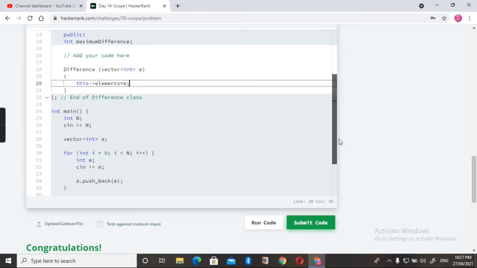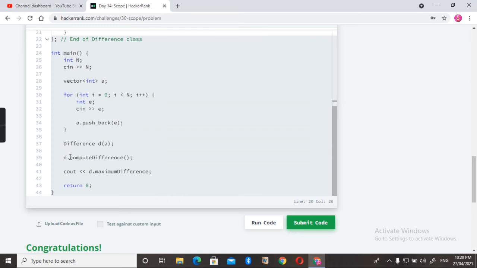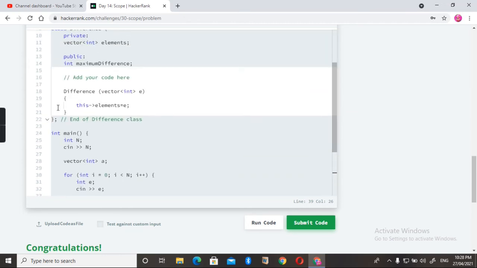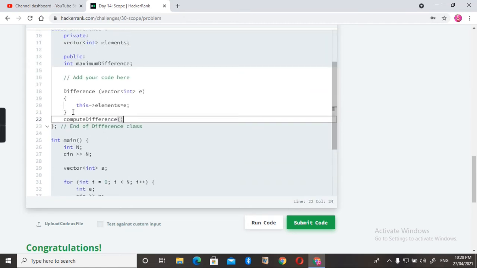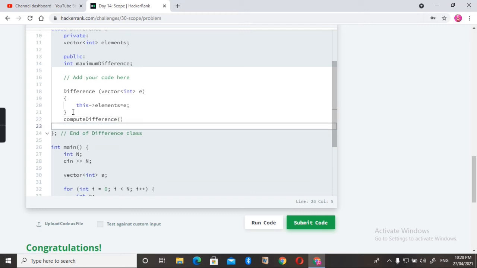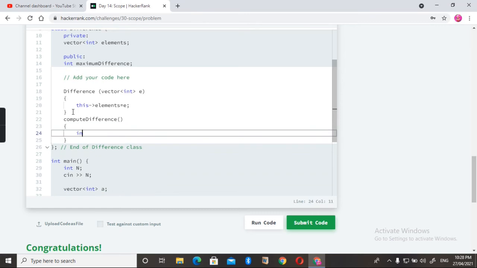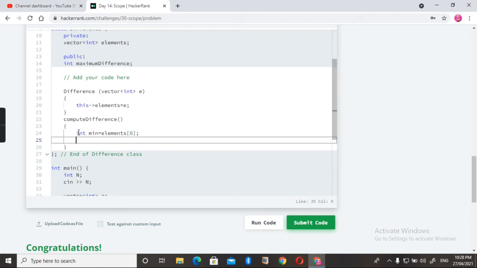Okay, now we need to write one method, that is the computeDifference method. Just write it. Now I am going to declare two variables. One is minimum, and just save it to the 0th index of elements, zero, and same for the maximum.